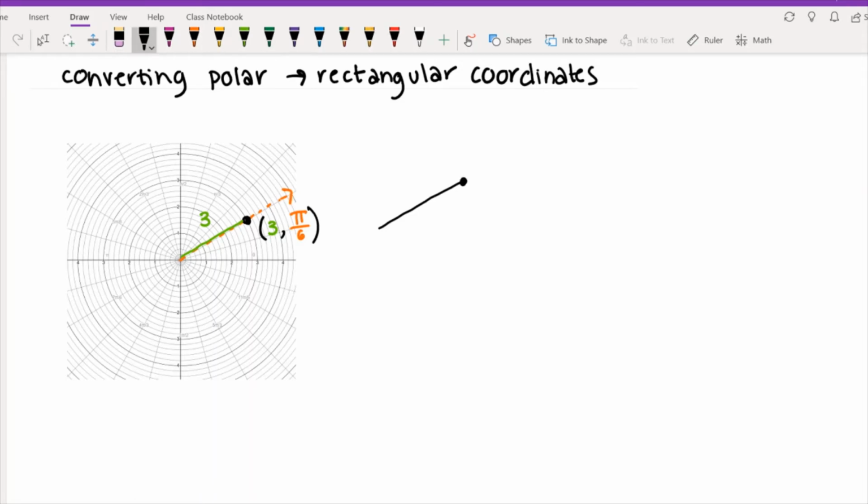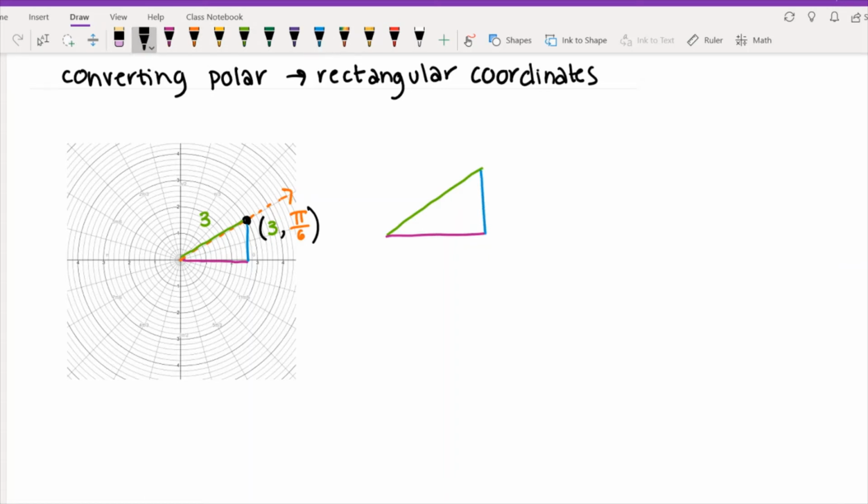And if we're trying to find the x and the y coordinates, that means we're trying to find this horizontal and this vertical distance, right? That's how we're going to find the x and y coordinates. And so really what we're trying to do is find the legs of a right triangle. And maybe let me just color code this so it's the same. So if we have a right triangle,